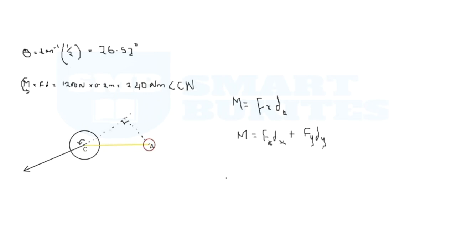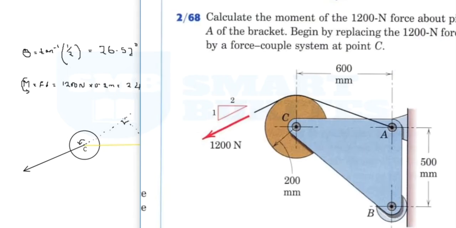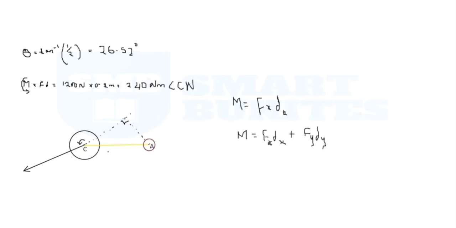So if we have this, from the question we're given the distance between point C and point A, which in this triangle looks like a hypotenuse. So we can check it out. That's 600 millimeters. So our hypotenuse here is 0.6 meters. And to find this perpendicular distance,